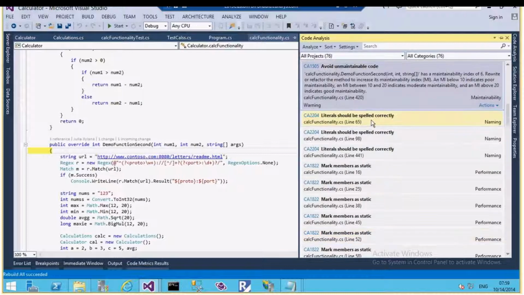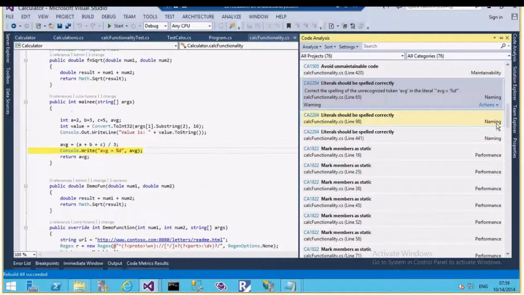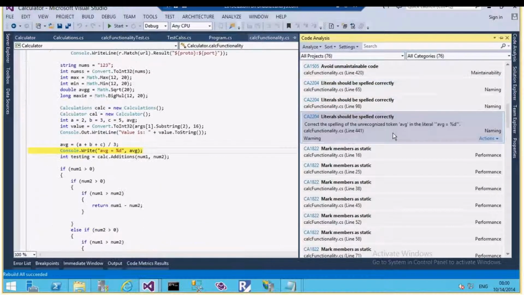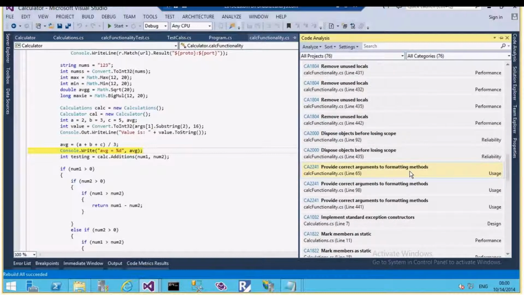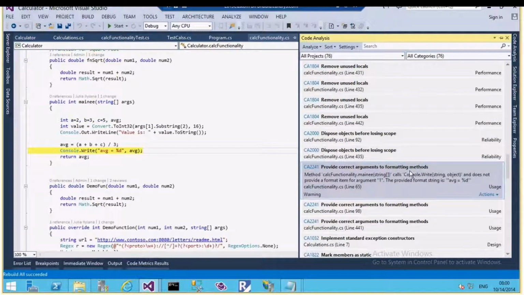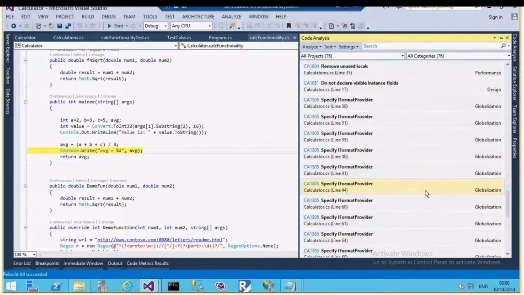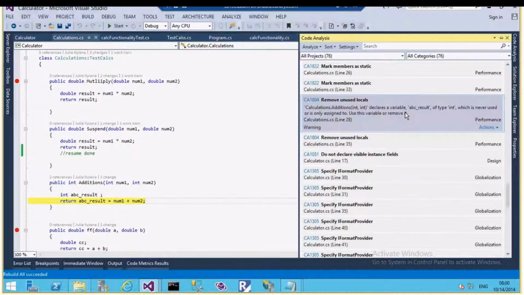Like that, there are other spelling mistakes and naming conventions. You can see it says AVG, so give a proper naming convention for that, right? There are so many things which give information, like usage, use that properly, and performance related issues. For example, I've used so many variables which are assigned but never used anywhere, right? So like this it gives so many